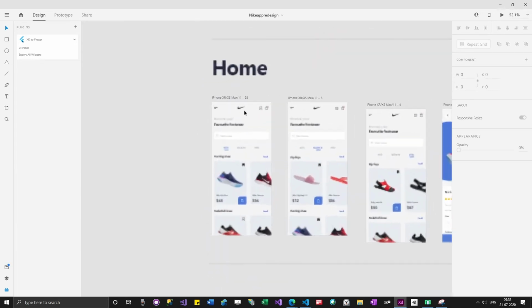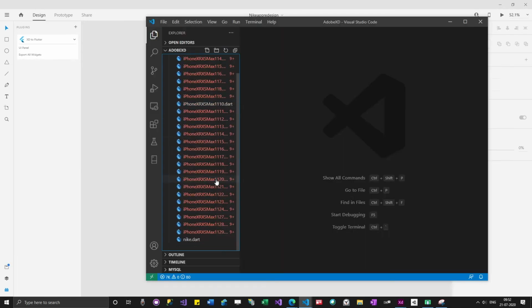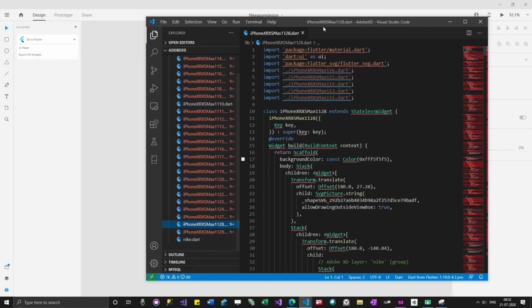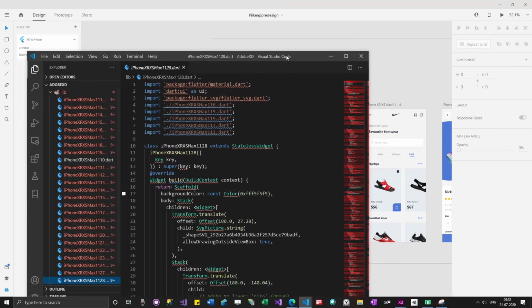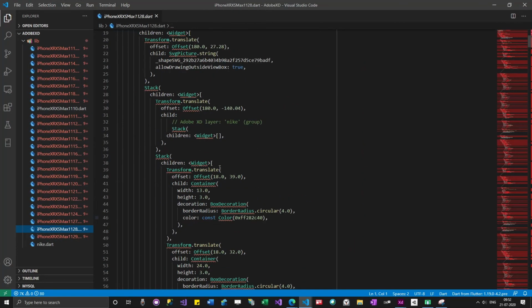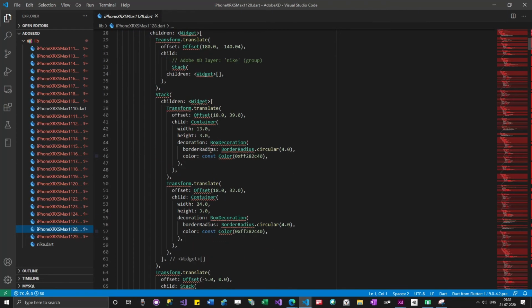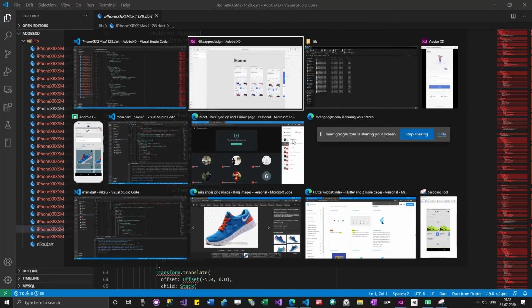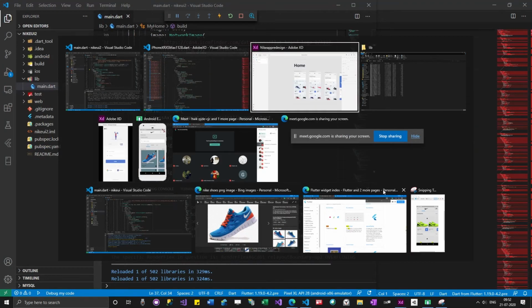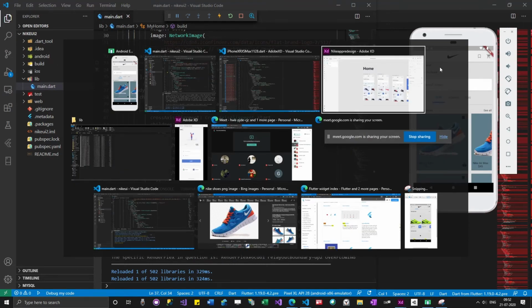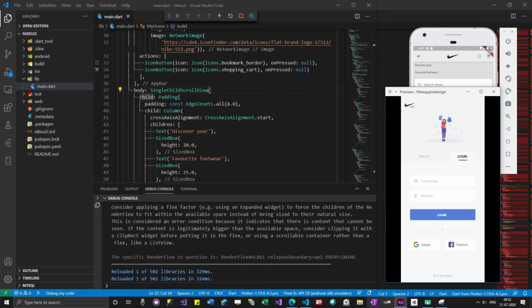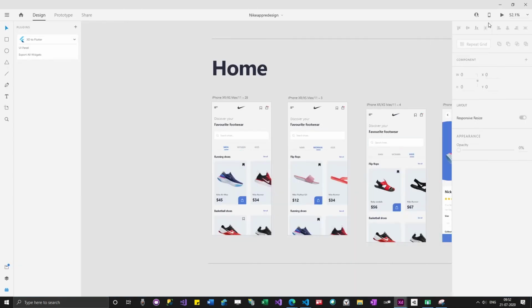If I move closely, you can see that this file is 1128. So I am going to find 1128. So this is the file. So now what I am going to do is I am actually going to use styles from this window, and then copy paste to our project. How I'm going to do it is, I'm just going to go here. Let me click on preview.